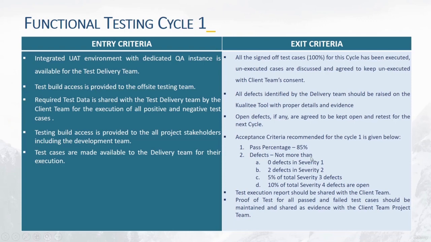If 85% of the coverage has no issue and the passing percentage is 85%, no more than defect severity of 1, no more defects in severity level medium, high, critical, and all these percentages we are specifying,